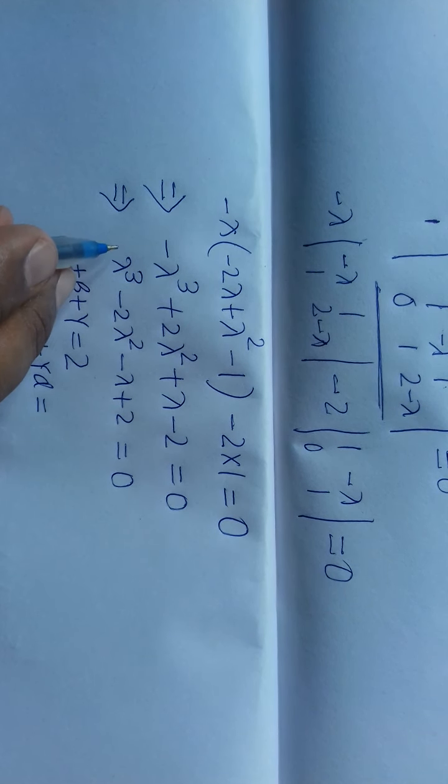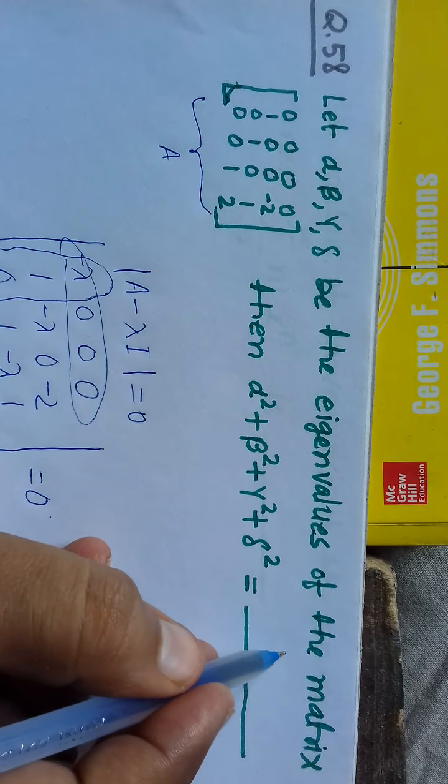And in the question we have to find alpha square, beta square, gamma square, delta square. We can add delta square because here you have delta is 0, so adding in this delta square, that is 0 square, gives the same value 6, so here in the blank space we have to write 6.